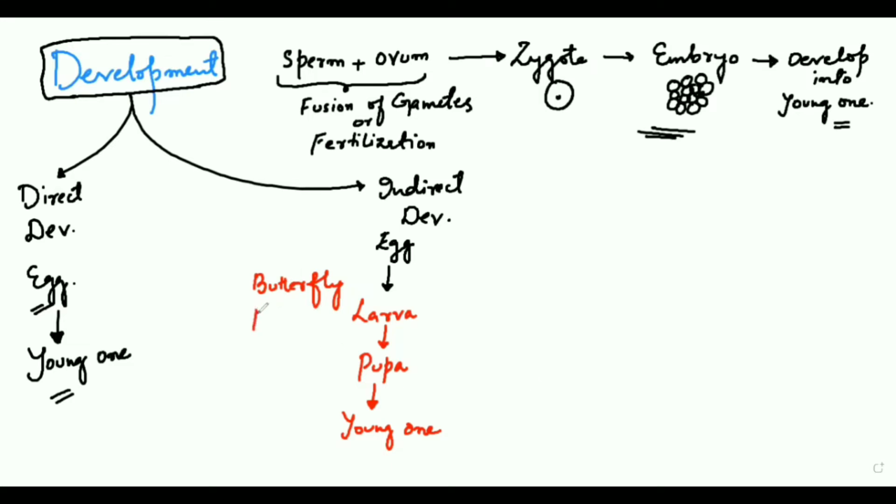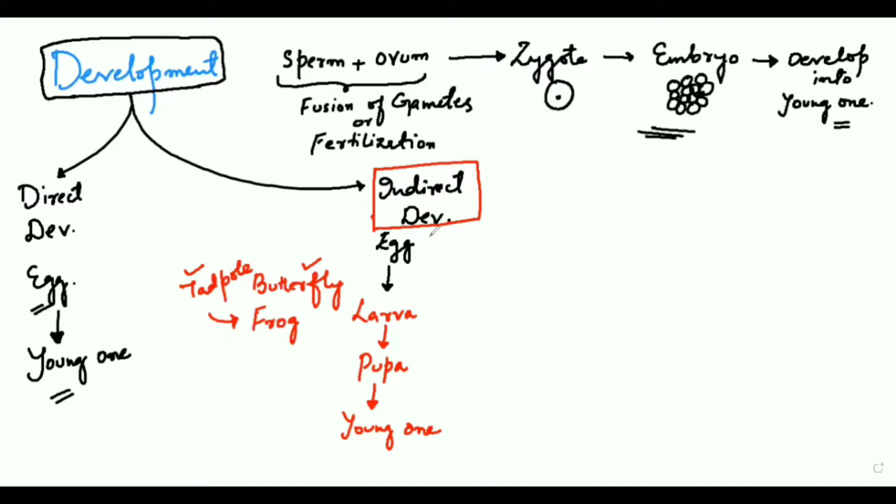Similarly, you must have gone through the life cycle of frog in lower classes. Again, you will see that the frog is not going to become the frog immediately. It has to pass through a stage which is called tadpole. So you'll have a tadpole formed first, that will develop into the frog. So here you will see in both the cases, in the case of butterfly and in the case of tadpole, that there are certain larval stages involved. Development is not direct. Obviously, you can use the word indirect development for such animals.